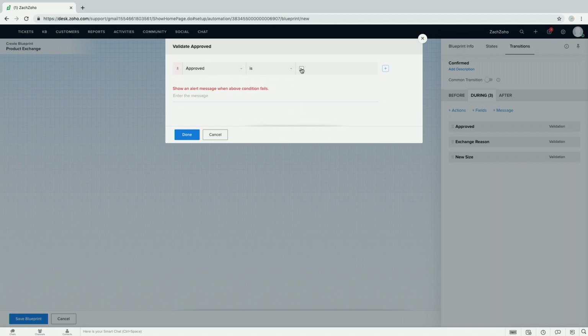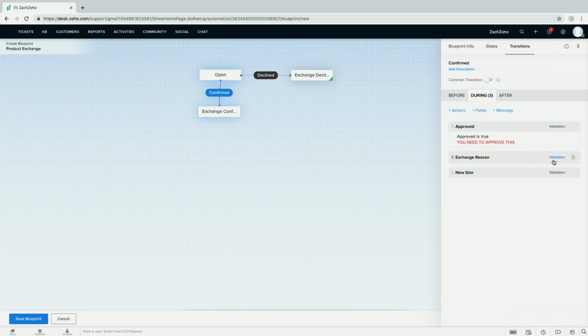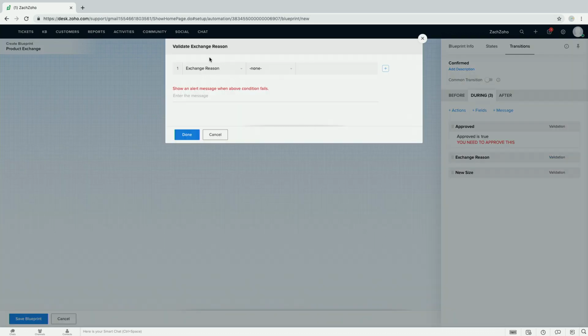The approved has to be checked. And if it is not checked, we'll send an alert. You need to approve this. And I'll hit done. So the exchange reason. So we can select a couple criteria here. We'll just go ahead and do,